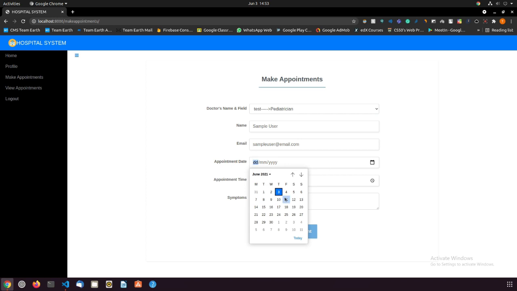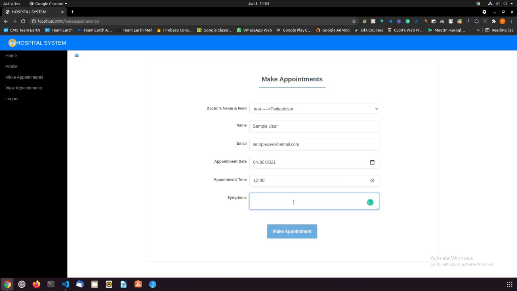The appointment date, let's say 4th June 2021, and appointment time, let's say it's 12 o'clock, and then symptoms I can mention anything. For example, I'll put fever and cough. And then if we click on make appointment, it'll say appointment booked successfully, and then we click on OK.